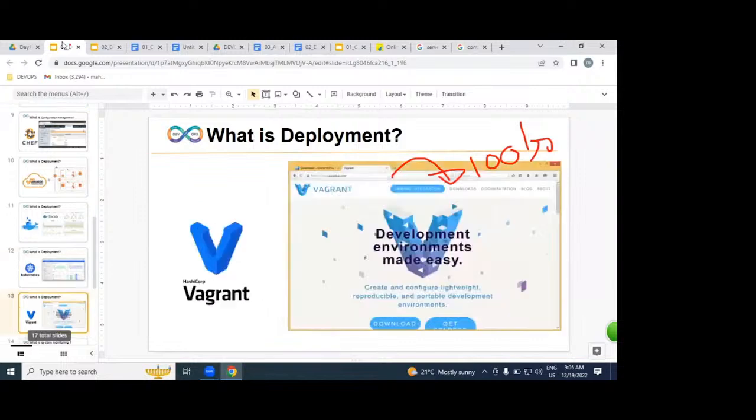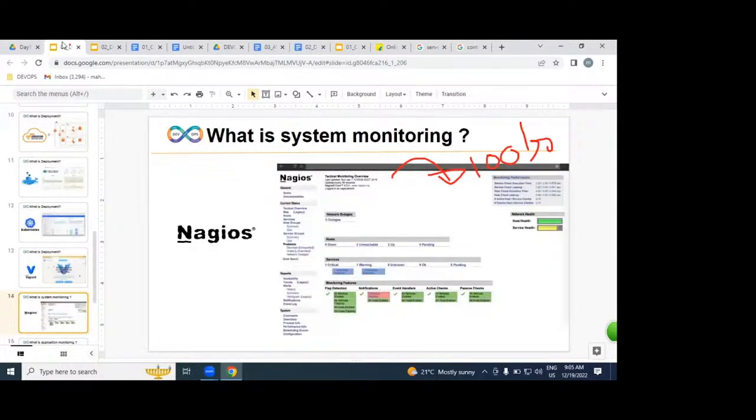Understood very clearly. So not only deploying our applications on Docker and Kubernetes, we are also going to deploy our application by using Vagrant. Vagrant is a virtual provisioning tool. We can create virtual machines on your laptop, not a production environment, and deploy our applications on top of them. Vagrant is only for laptops, not for production. AWS, Kubernetes and Docker are production environments, but Vagrant is only for the dev environment. And we are going to be using Nagios.